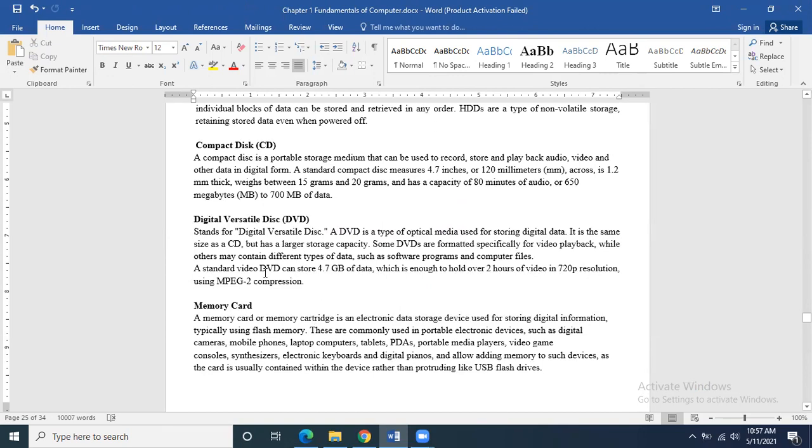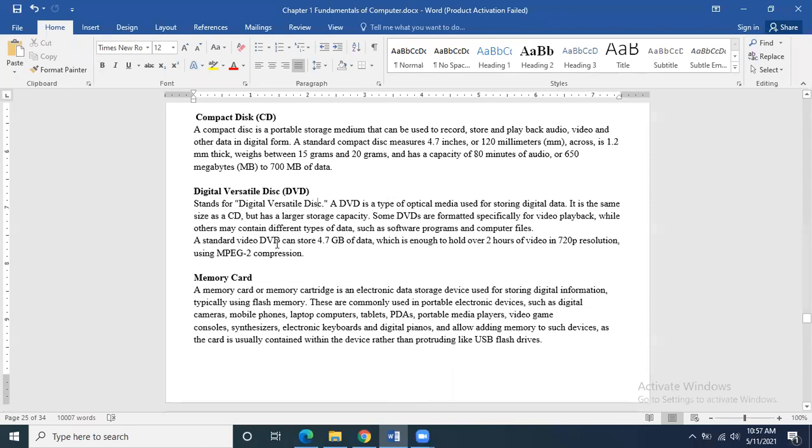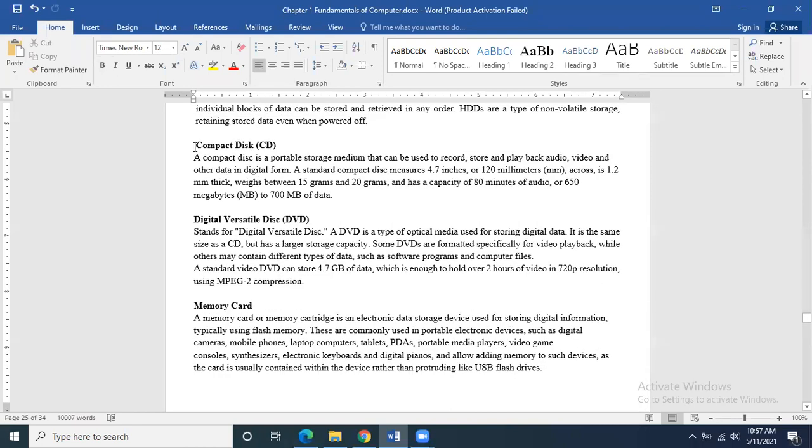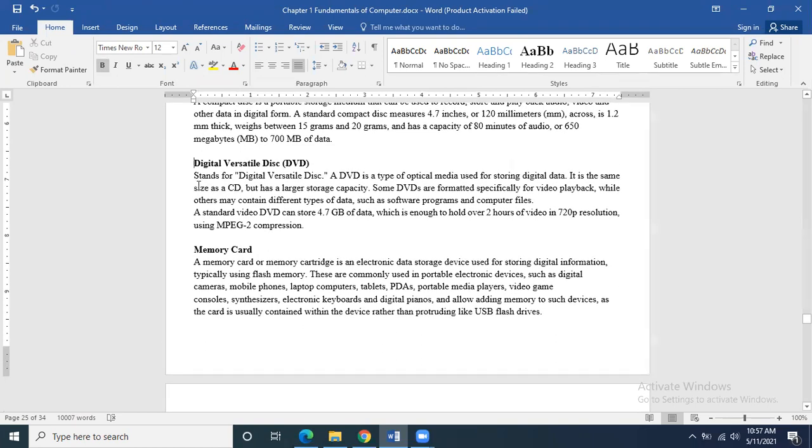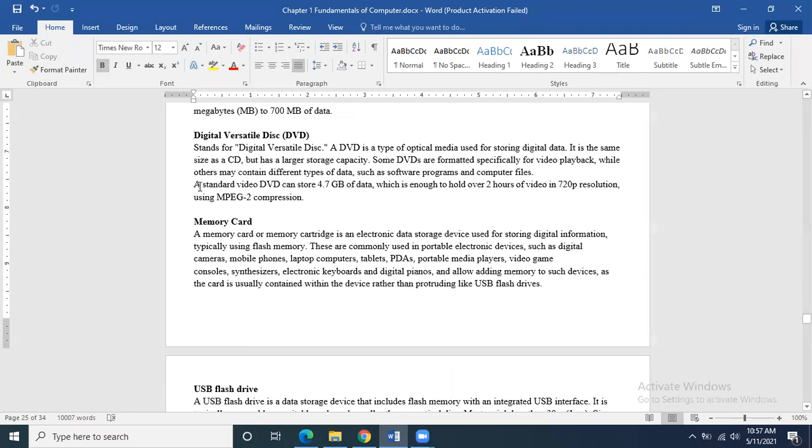Some drives are there, the DVD can read the CD, okay, but CD drive cannot read the DVD. That is the difference. So there are writers also available using which you can even write the data. If it is only ROM, you can only read the data, but if the drive has the capacity to write also, you will be able to write data. In case of CD writer, you will be able to write data on CD. In case of DVD writer, you will be able to write data on DVD.